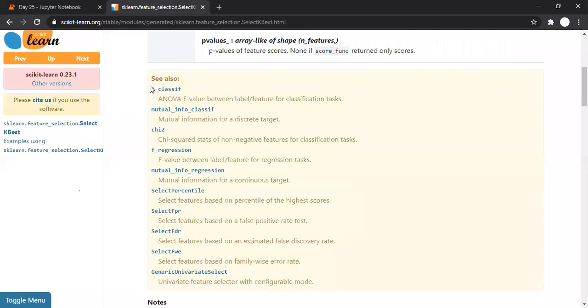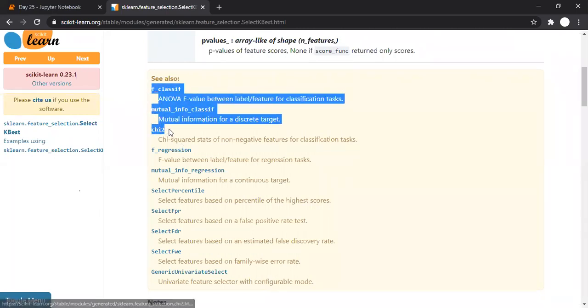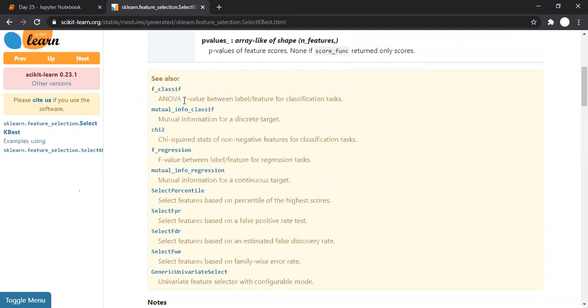Even we can use this f_classif also, which simply calculates the ANOVA F value between label and features. So normally these are three widely used things: chi-square, mutual information, and ANOVA F value. So these are most widely used. But the rest is all up to you. If you want to try, you can try this also.